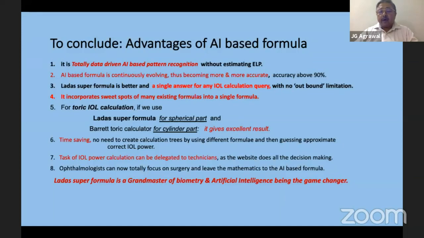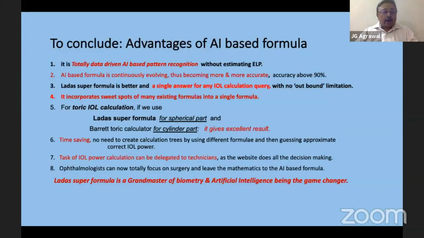It is more than 90% accurate. The LADA super formula is better, a single answer for any IOL calculation query. There is no outbound limitation. So it is an edge over the Hill RBF formula. It incorporates the sweet spots of many existing formulas in a single formula.